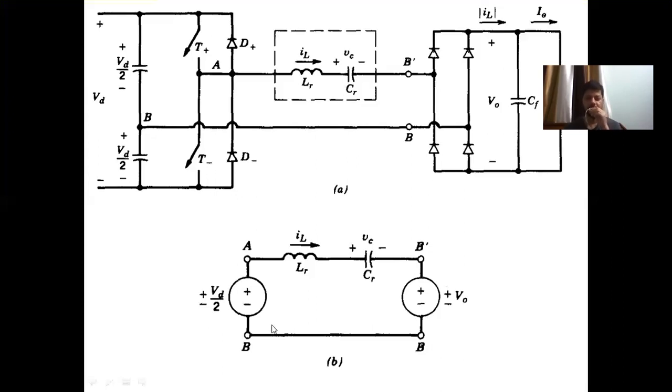Here in figure B, we have the equivalent circuit of the series loaded resonant converter, wherein there is the resonant circuit. On the input side, you have either plus VD by 2 or minus VD by 2, depending on which device on the input side is conducting, T plus or T minus. And on the output side of the resonant circuit, you have a voltage of plus V0 or minus V0, depending on whether the inductor current is positive or negative. The reason why it is called a series loaded resonant converter is that the load effectively appears in series with the resonant